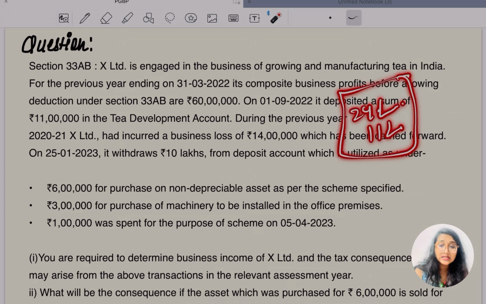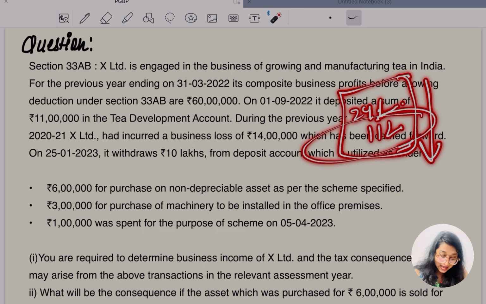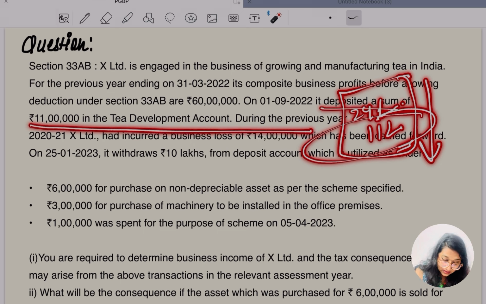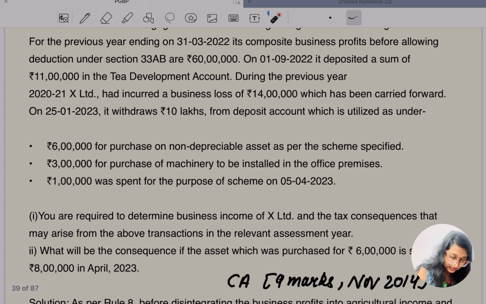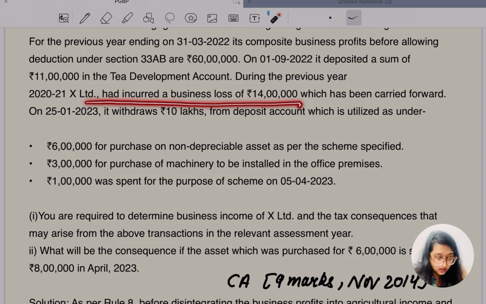Either we are going to get the deduction of 24 lakh या फिर 11 lakh, as whichever is lower, I told you whichever is lower. So here 11 lakh which is deposited in the T development account, ठीक है. So we'll get a deduction of 11 lakh here, okay. So next they are saying X Limited had incurred a business loss, are we going to get the business loss, क्या सेट ऑफ होगा,